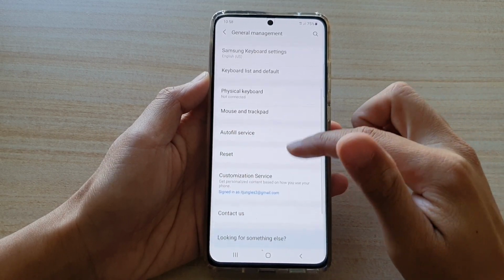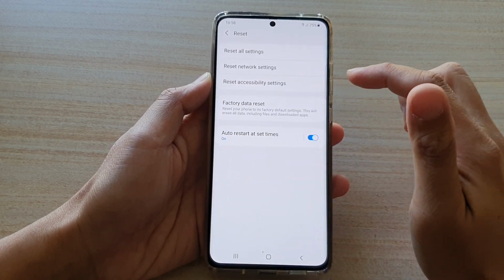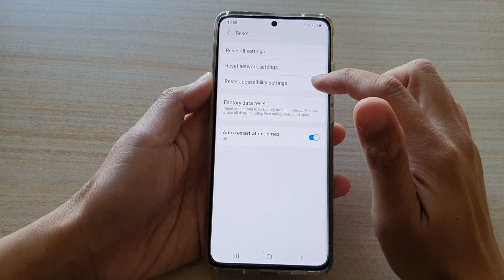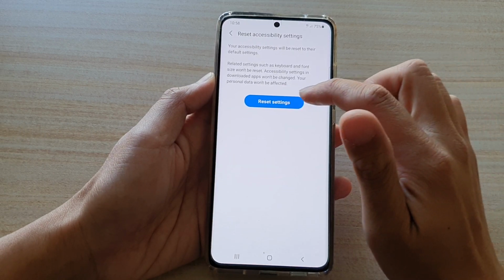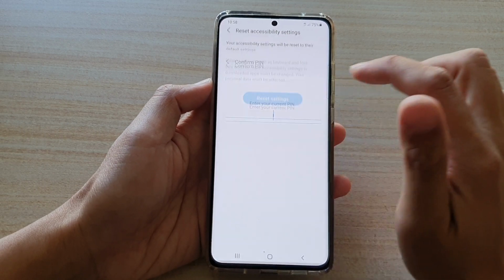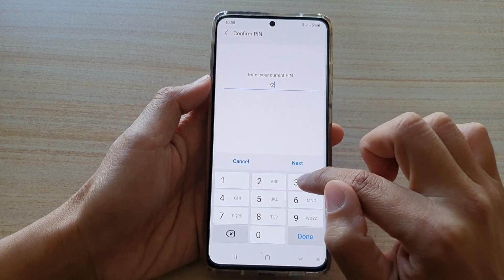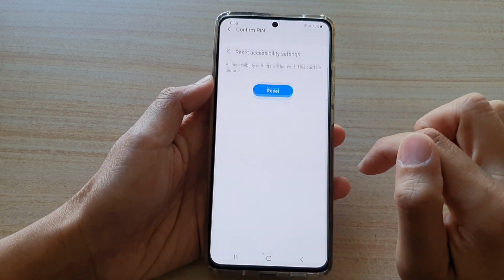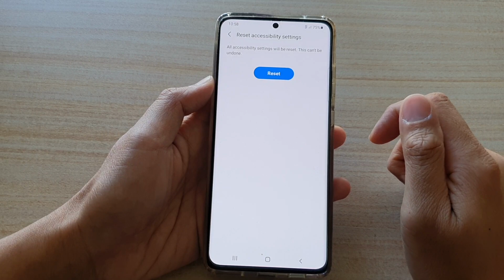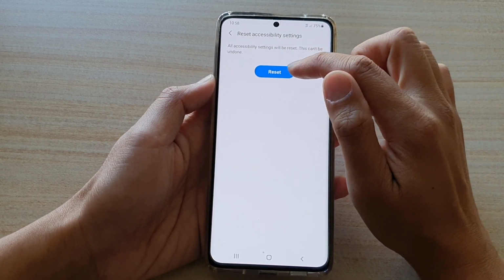Then in here go down and tap on reset. Next tap on reset accessibility settings. Then tap on reset settings. Now in here we're going to put in the PIN or password and tap on next. On this screen tap on the reset button